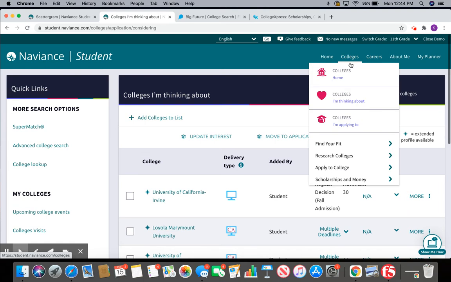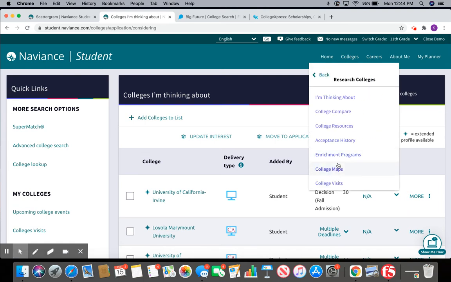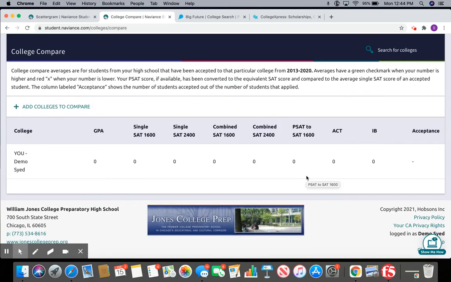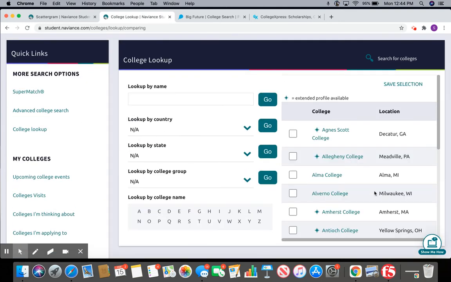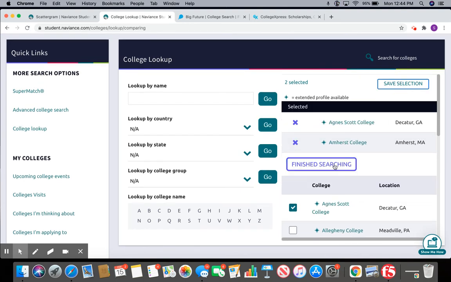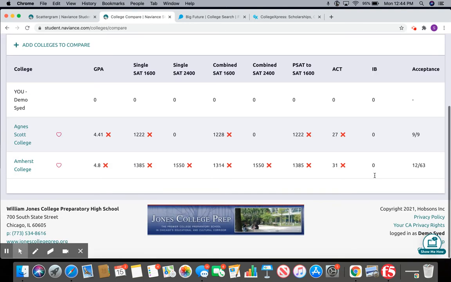So that is mostly what I wanted to highlight. There are a few other research tools on here. If you go to College Compare, again, it's not going to show because I'm a demo, so I don't have any GPA in there, any SAT scores. But if I were to add, say, 2 colleges to compare, so I'll just add this, hit finish searching, and